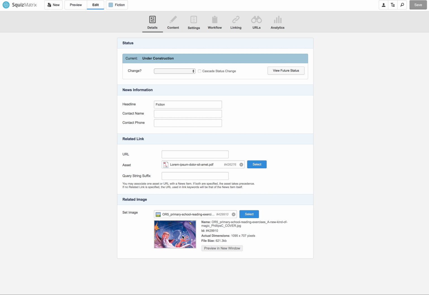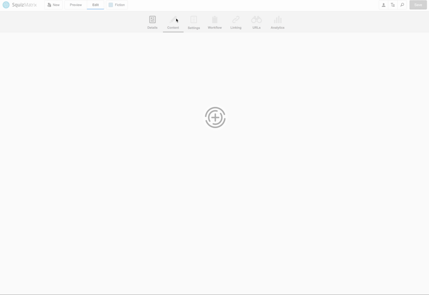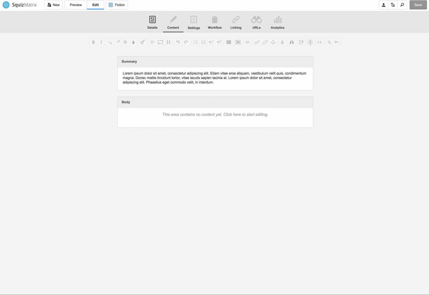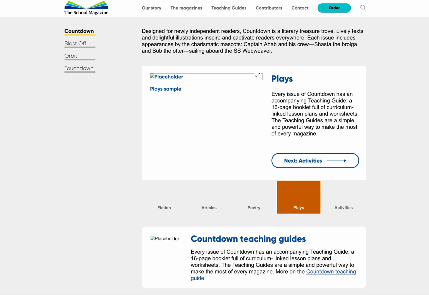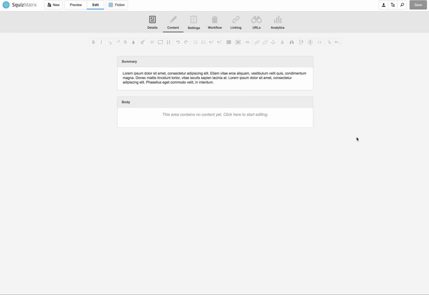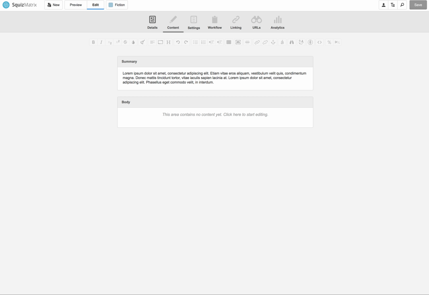Alright, so that's the background for that slide. That's the headline. You don't have to, but there's a download PDF option. And then if we go to content, that's the description that appears here. And then you save your work and always check on the front end to make sure it's appearing the way it should. So that's the carousel area, and it's the same process for all slides of all magazines.